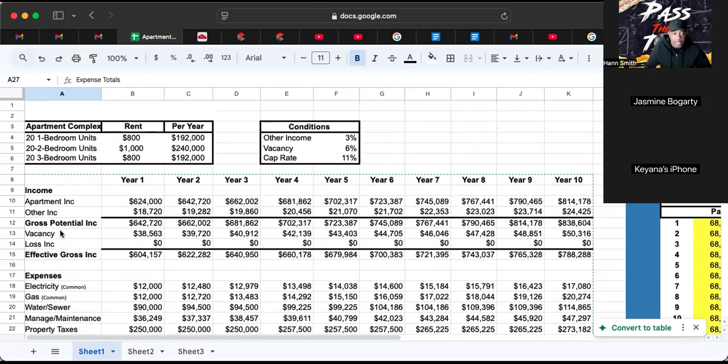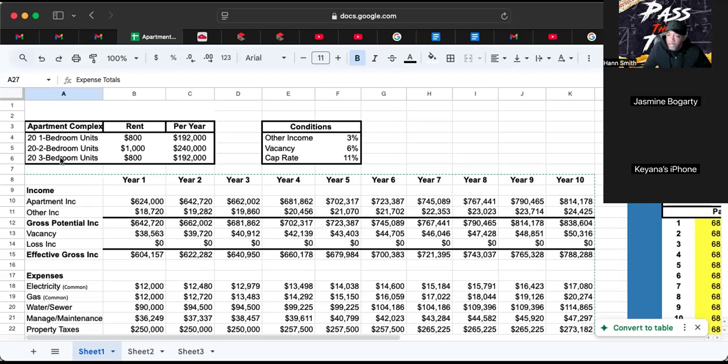Right? So let's go over this again. Gross potential income means all the income that the property is capable of producing. Apartment income, it might be parking included in there. It might be laundry facilities included in there. It's a bunch of stuff that you can get from income right here. So whatever that is, for this property, it was